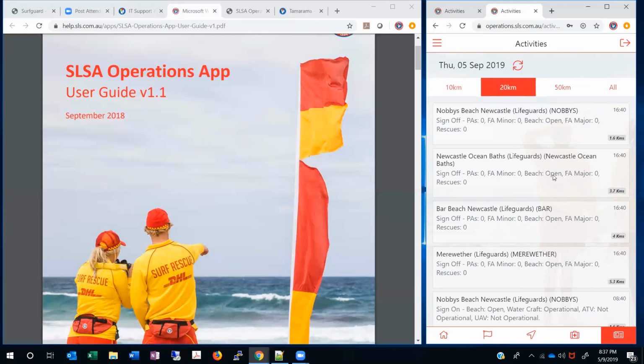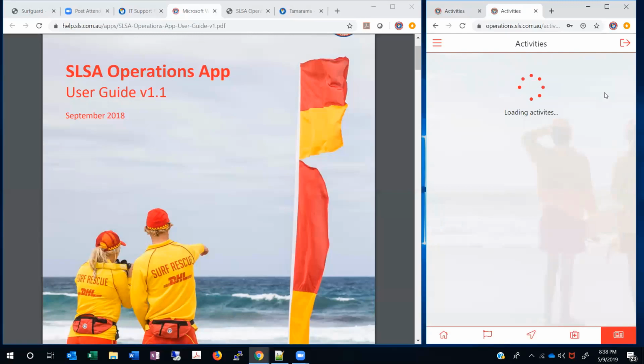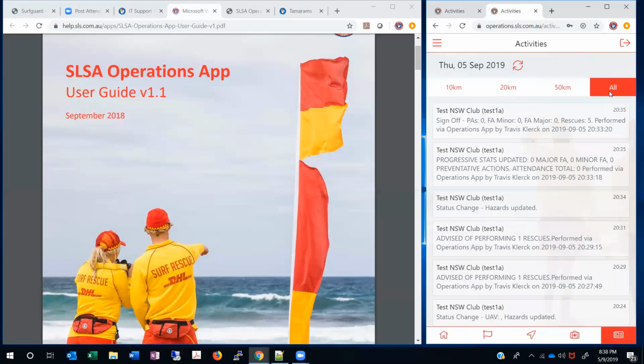It doesn't include any incident information, so any sensitive information will be excluded from here. But your general sign on, sign off, update status, things like that. The location of support services and things like that will all be in here, and then you can change it as well to 50 kilometers, which basically just means I want to see the activity of everything that's happening